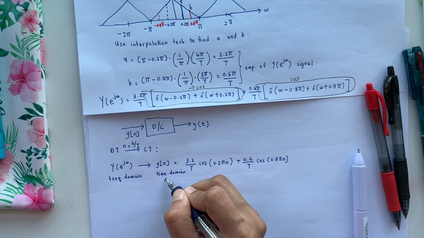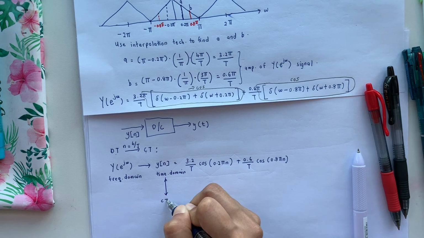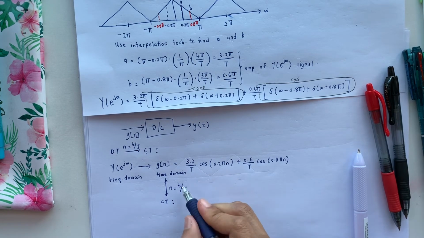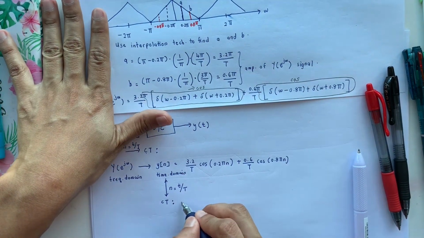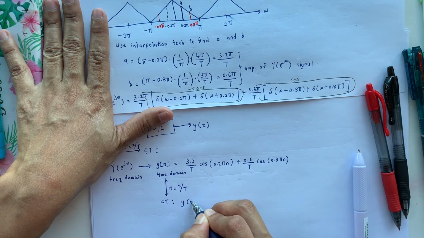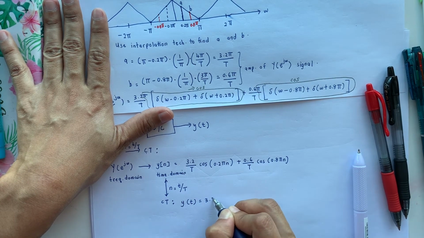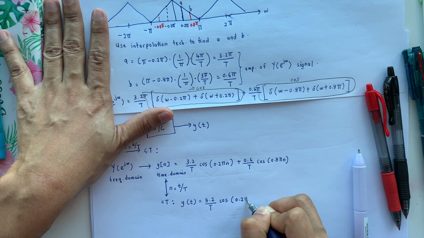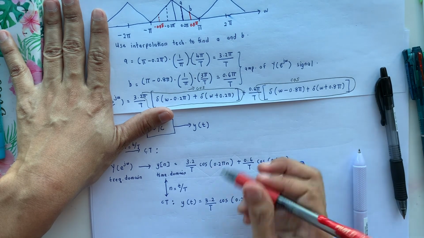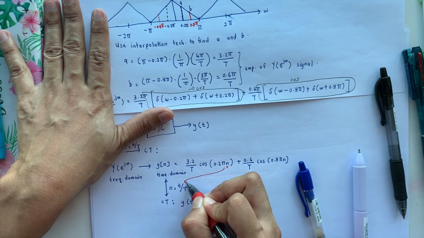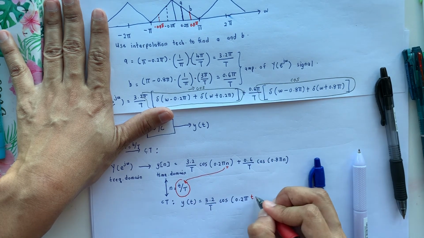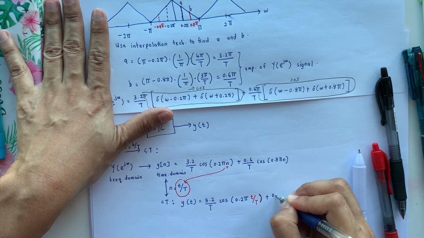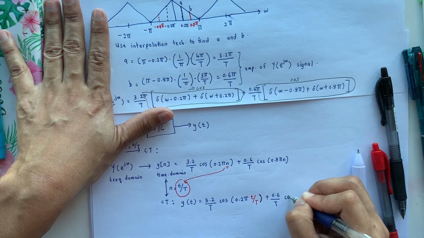This is a discrete time signal, so to convert to a continuous time signal, you have to replace your n with small t over capital T. So you will have y(t) equal to 3.2 over T cos 0.2 pi, where you replace your n with t over T, minus 0.6 over T cos